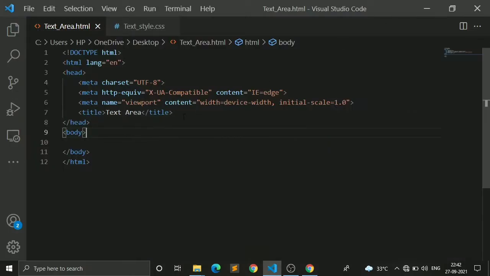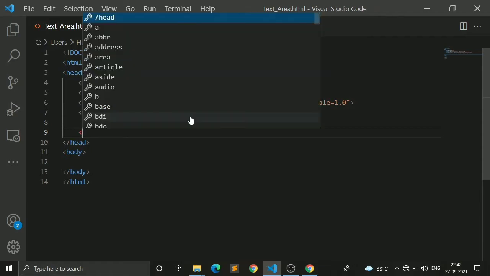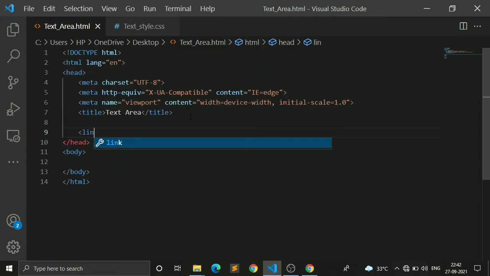In the next line, I will attach my CSS file by using a link tag. So here I am linking my CSS file. The basic work of a link tag is to link a file with another file.